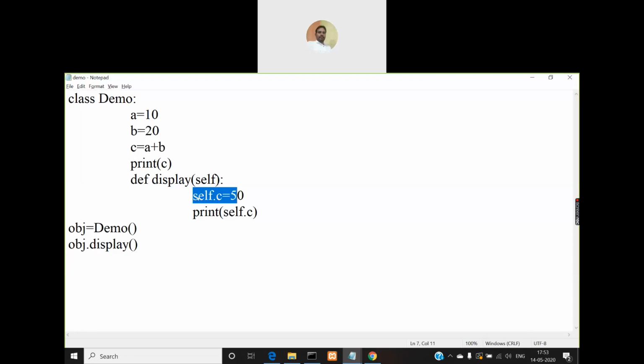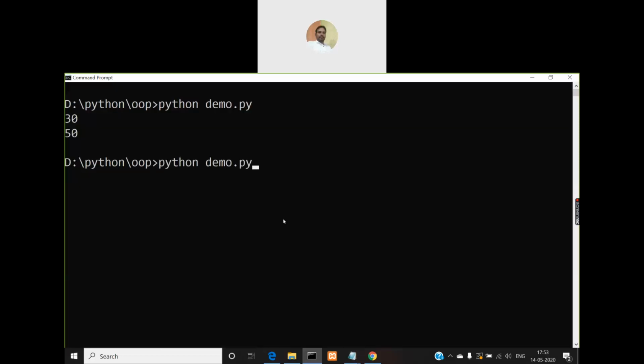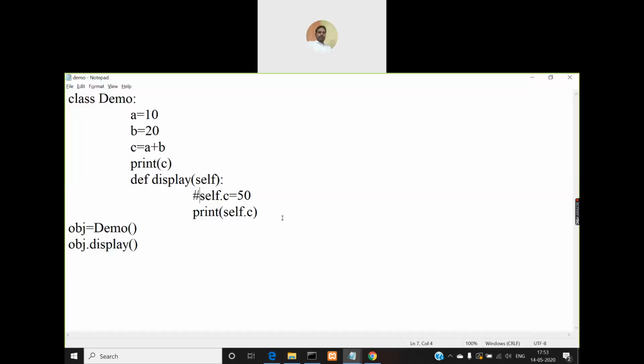But what if I don't create this statement here? If I don't create this statement here, and now I access it, I'll print this value. So what is it printing? 30. So when you don't create an object variable with that same name c in that method using the self argument, then when you use self.c, the self.c will be considered as this class variable c.